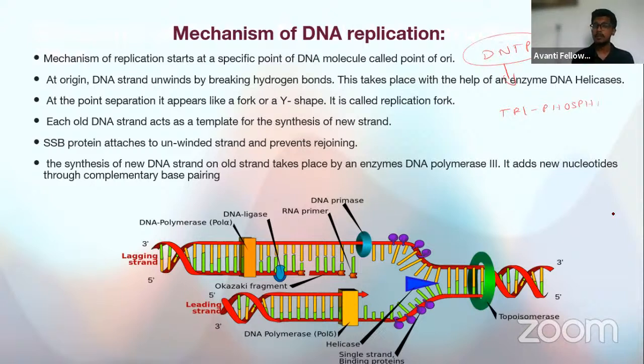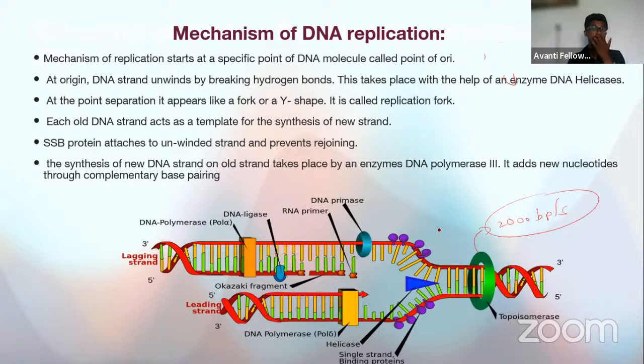So when they come and assemble with the DNA polymerase, the triphosphates are converted into monophosphates. So it releases a huge amount of energy. This huge amount of energy is used for the synthesis of new DNA, for the attachment or whatever it is. Now, if you look at the process, the unwinding of the strand is very fast, almost around 2000 base pairs per second, so it is a tremendously fast synthesis that is happening